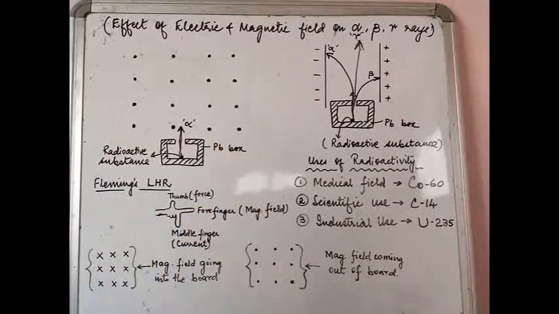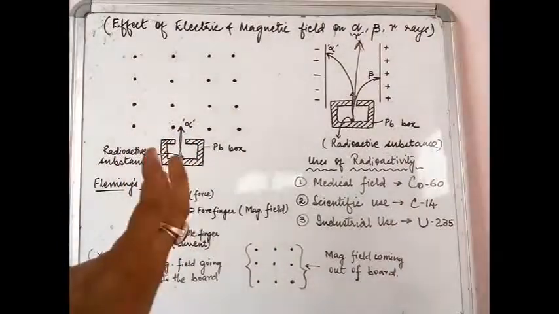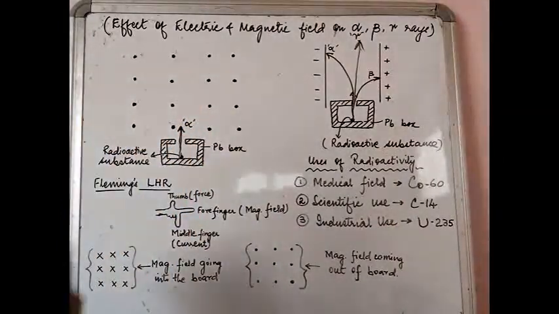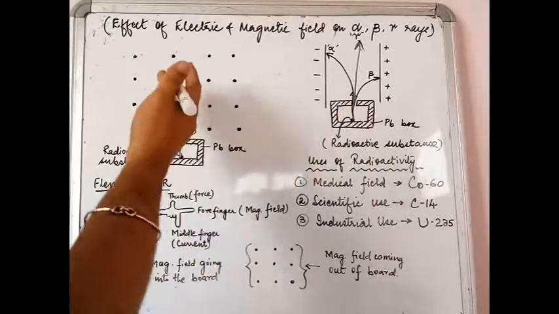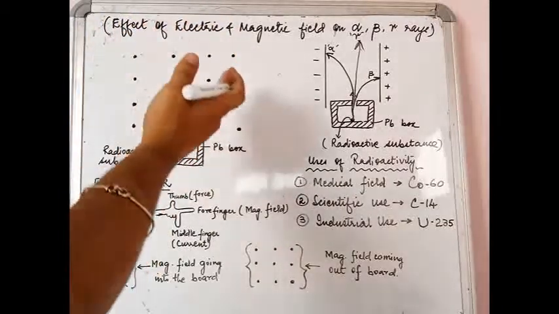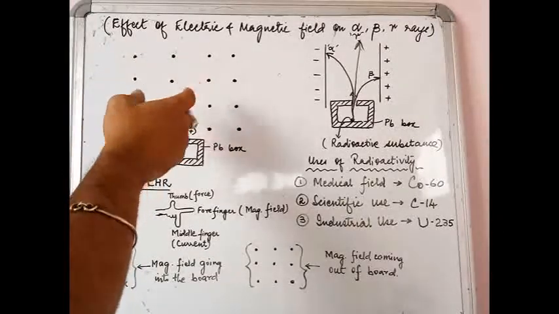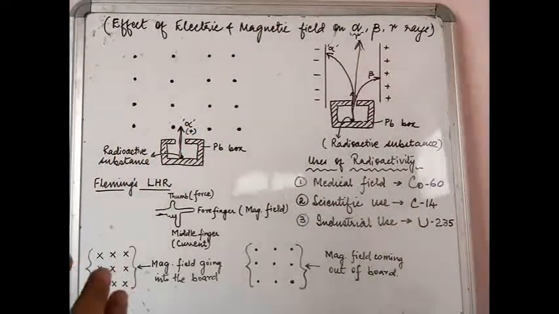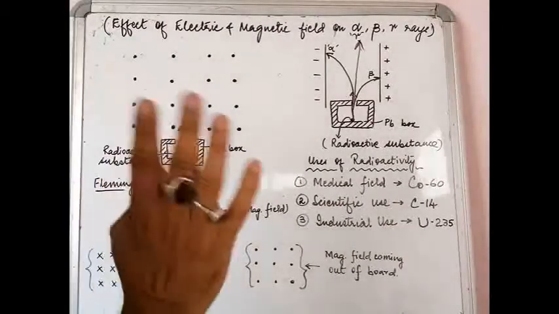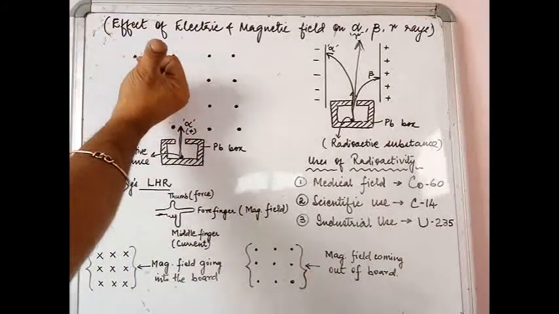Now alpha particle is positively charged. Now it can go in this direction, it can go in this direction. What will decide? Because here you see, although alpha is still a positively charged particle, just like it was over here, here there are no charges present in the environment so that it can bend towards the opposite charge. So there are no charges over here. Remember, this is not an electric field setup, this is a magnetic field setup.